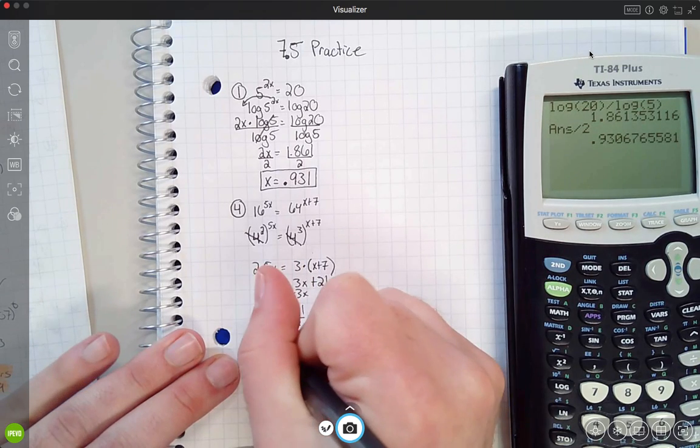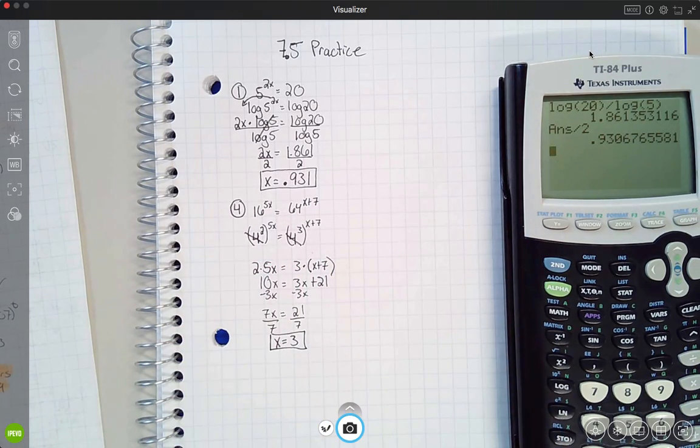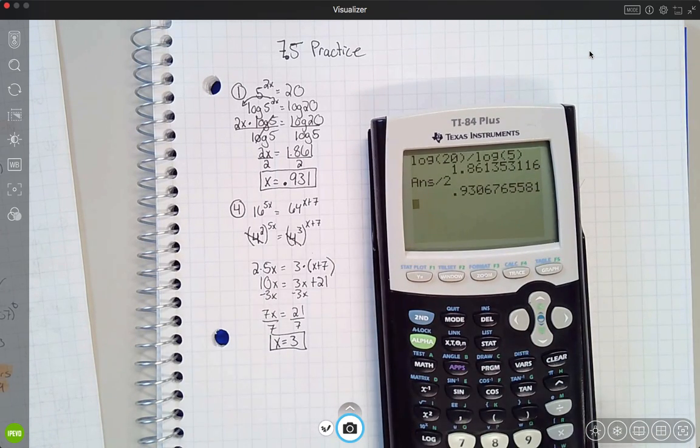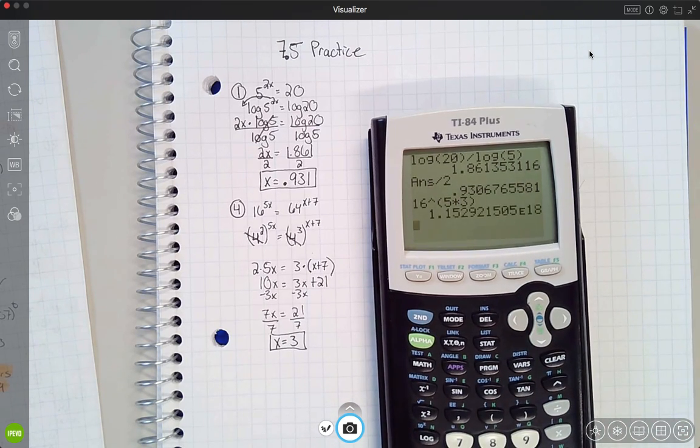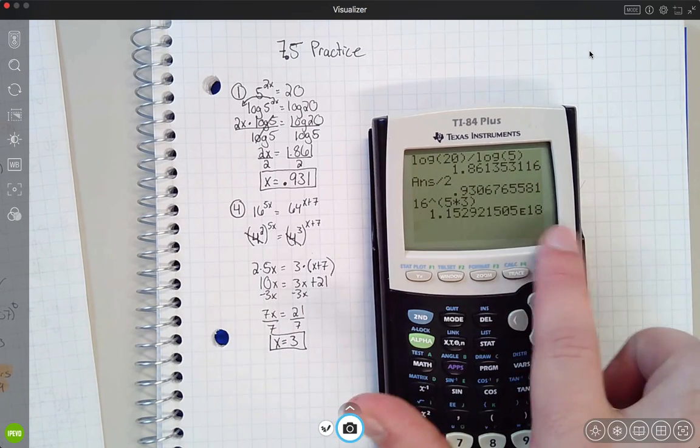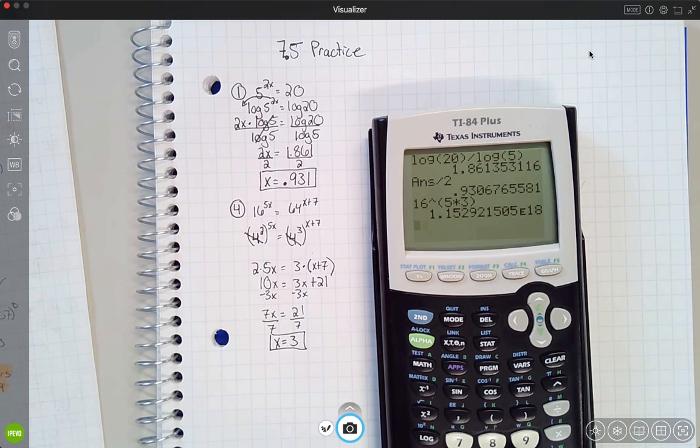Okay. If you remember back to when we were doing these in your notes, we were checking these. I will not require you to check them on the quiz. However, you could check them all real quick in your calculator. For example, on this one, I could just type in 16 to the power of 5 times 3. Make sure your 5 times 3 is in parentheses here. And I get this crazy answer with this e at the end. But as long as the other side is the same thing, so 6 to the power of 3 plus 7,